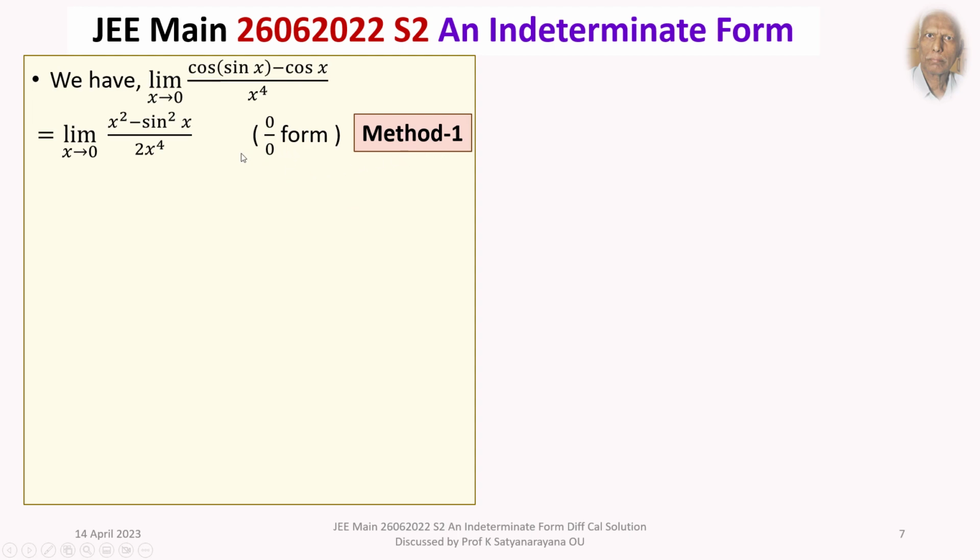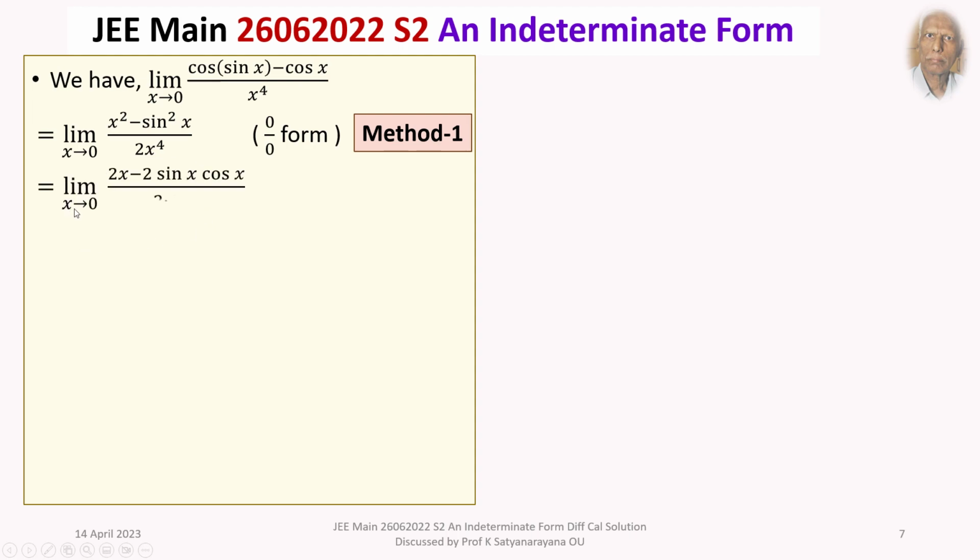In method 1, we use L'Hopital's rule repeatedly. Please spell it as L'Hopital's rule. Now, the limit as x tends to 0 of this is of 0 by 0 form, which is an indeterminate form. We use L'Hopital's rule. So, the limit as x tends to 0 of the derivative of the numerator by the derivative of the